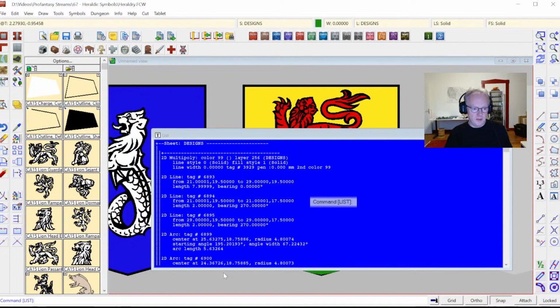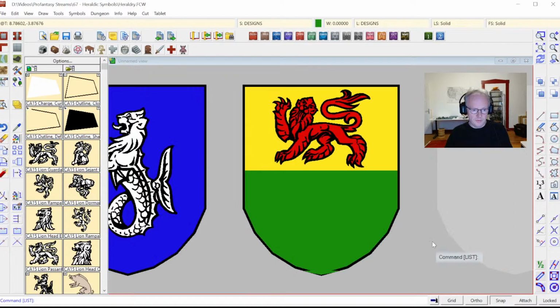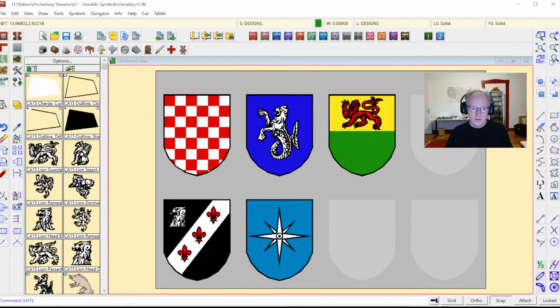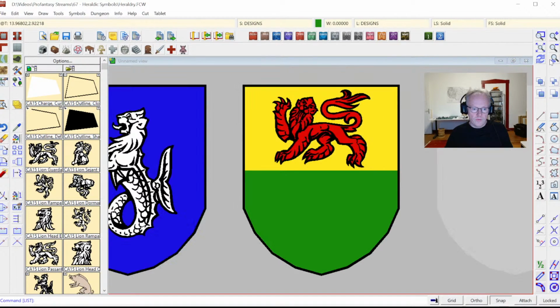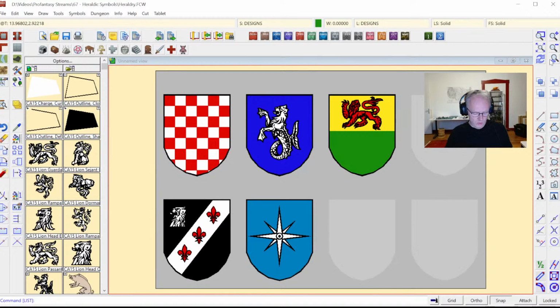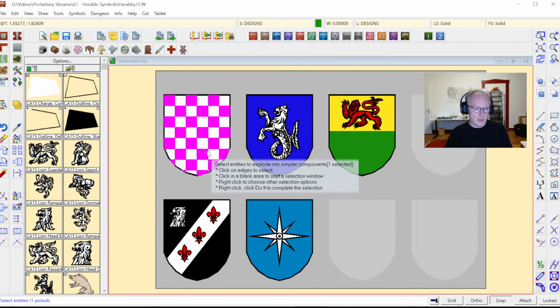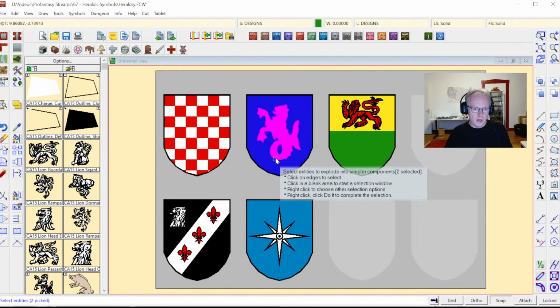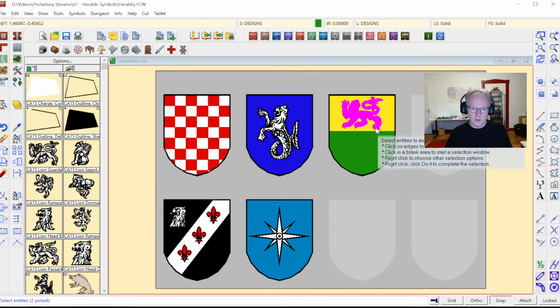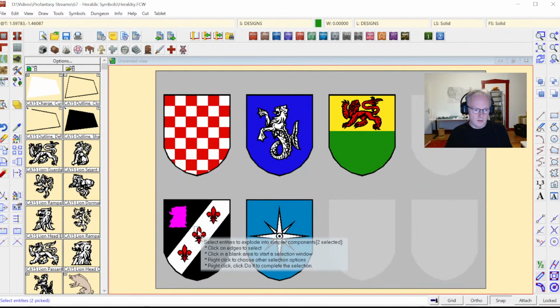Yeah, you can see it's now been turned into just a multipoly. So I'm a bit confused why this would not work the same way when I selected multiple ones. Well, that's something I will need to check in time. So what I'm going to do for now is just going to go through these and